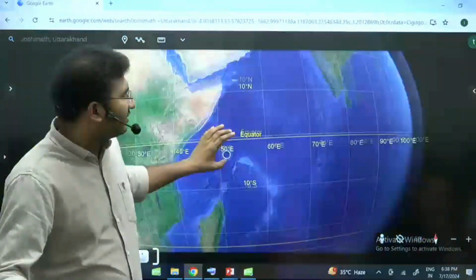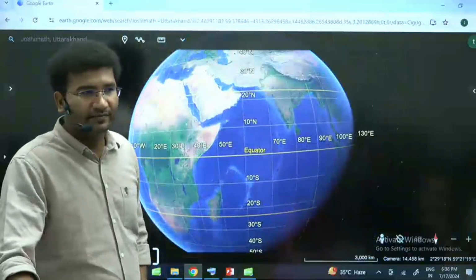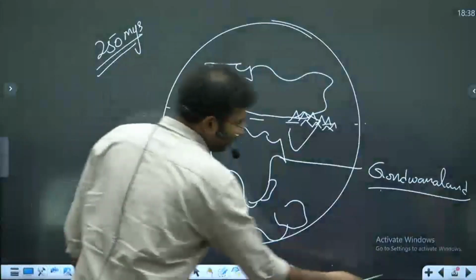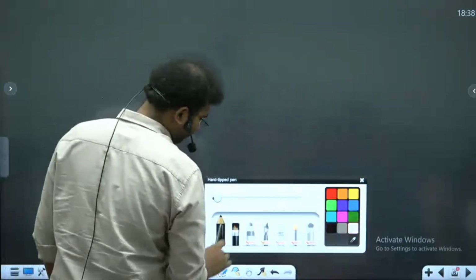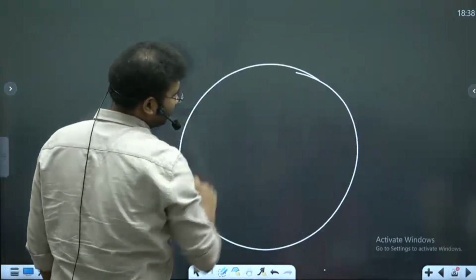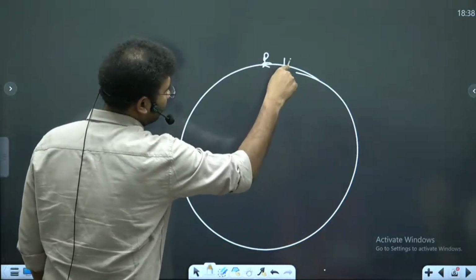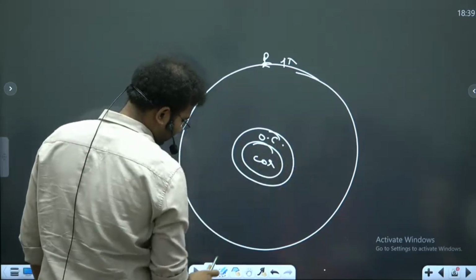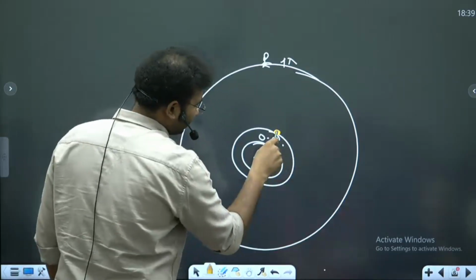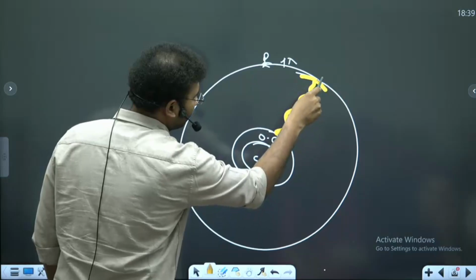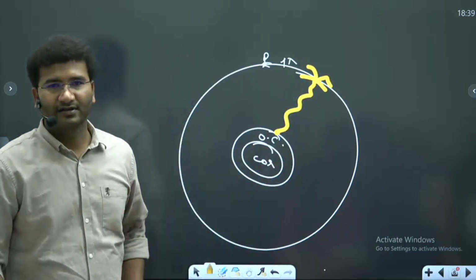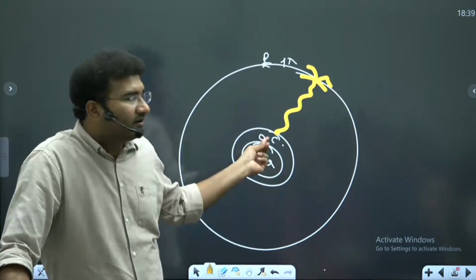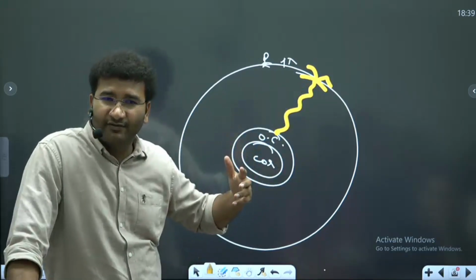Now this was the place where a hotspot was present. ठीक है, I hope everyone knows what is hotspot. Let me once give you a quick glimpse of it. If this is the surface of the earth where you are staying, and this is the core, and this is the outer core. So yesterday I told you that a hotspot is something the volcanic material can come and puncture the landmass. If that volcanic material, wherever the convectional cell is absent, and if that volcano is there, this is called as a hotspot, and sometimes it is present in the form of,